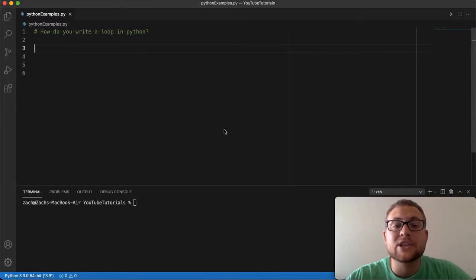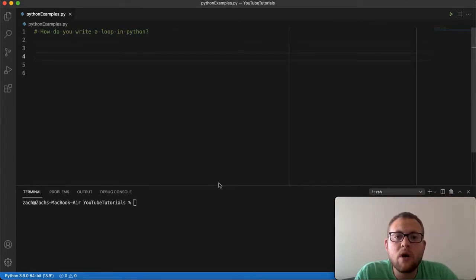Essentially, a loop is a block of code that is iterated over multiple times until a specific condition is met, or until you've reached the desired number of iterations that you want to run. That is essentially what a loop is, and it is very powerful and used a lot in programming. And so without further ado, let's start talking about the different loop types that you can use and implement